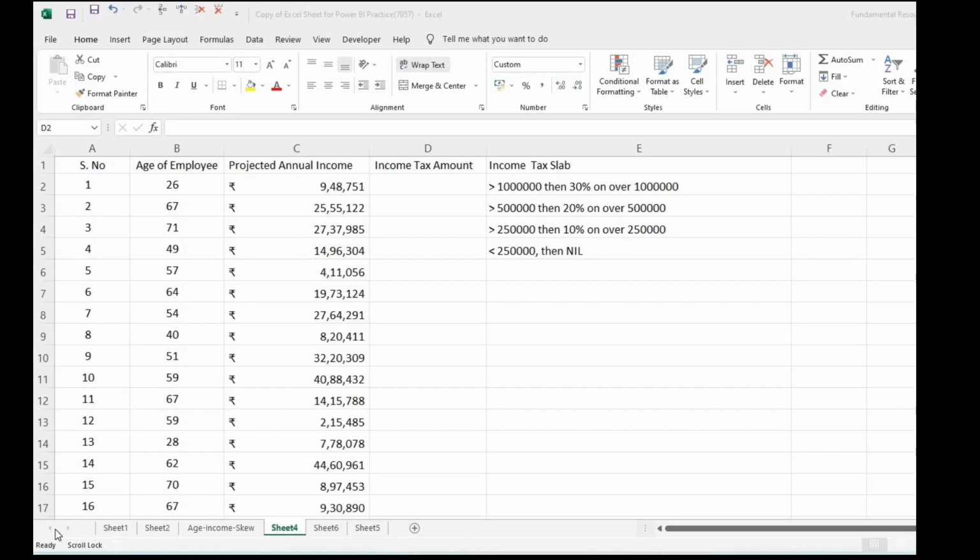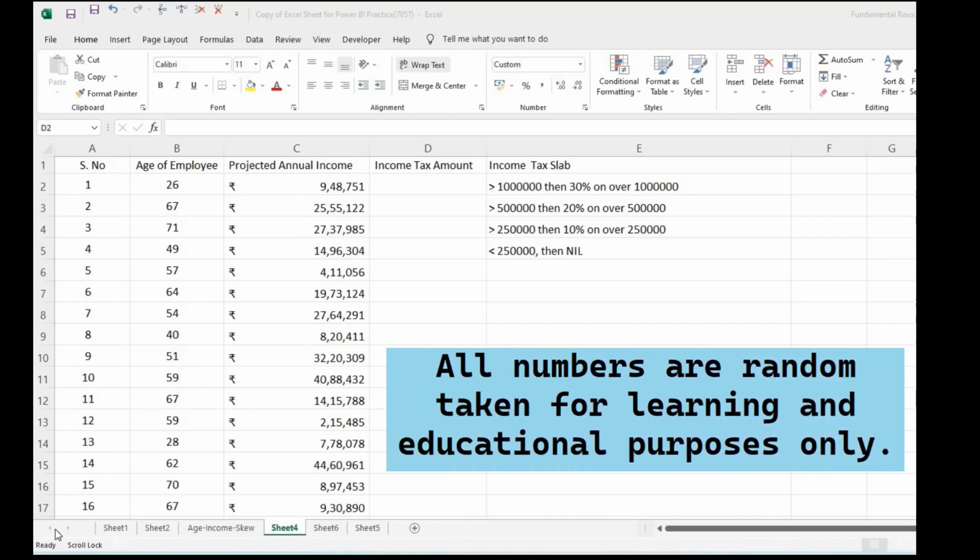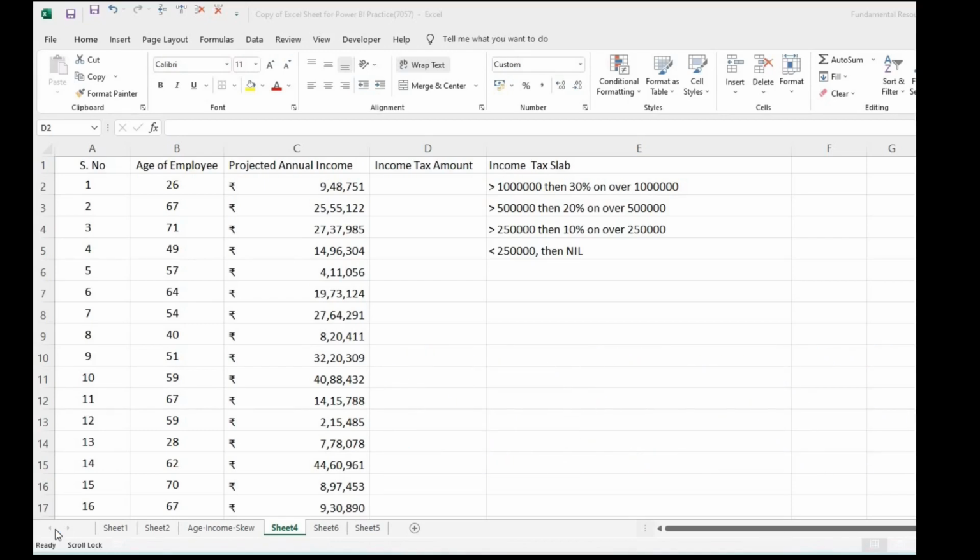In this video, I am going to tell you how you can use a nested if function of Microsoft Excel in a real-time situation to compute the income tax liability. Assume that you are a company secretary or vice president of a very large company which employs more than 75,000 employees, and your CEO has asked you to tell him the total income tax liabilities of the employees for the financial year based on their projected income.